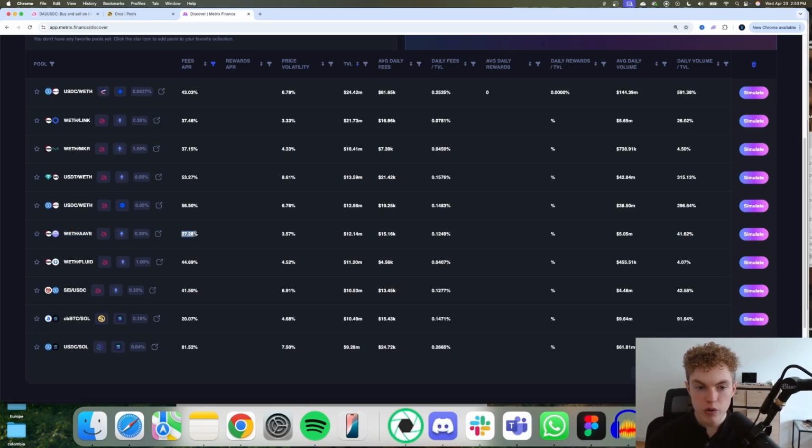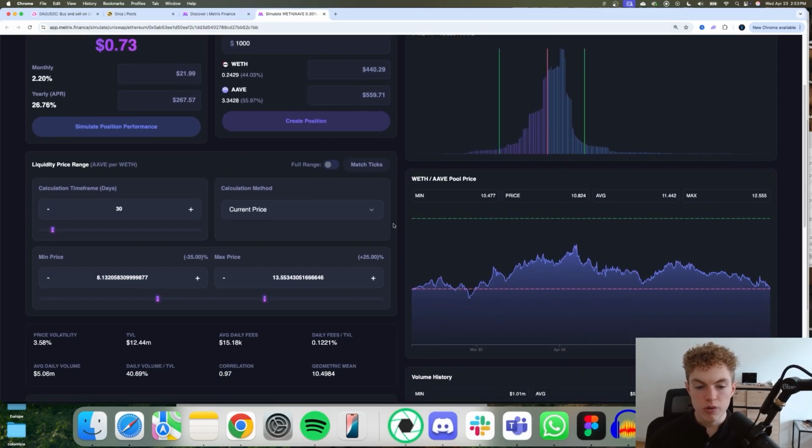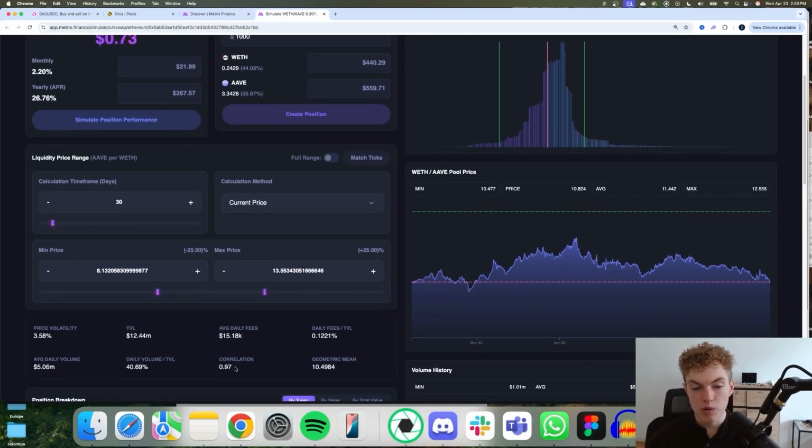We have wrapped ETH, the Aave. Let's check this out. It's showing about 27% APR on metrics. Let's simulate it in a new tab. Scrolling down, we can see 97% correlation. See, I'm loving this metrics finance tool,